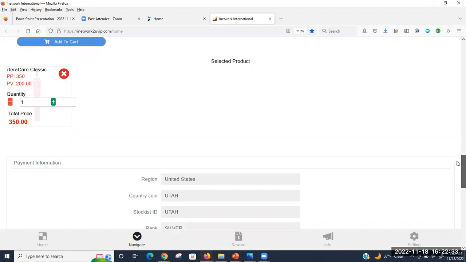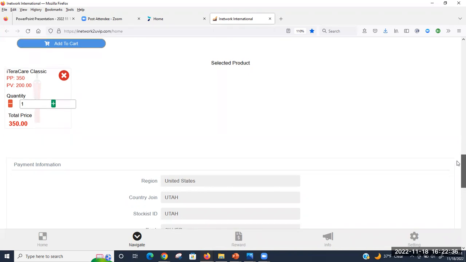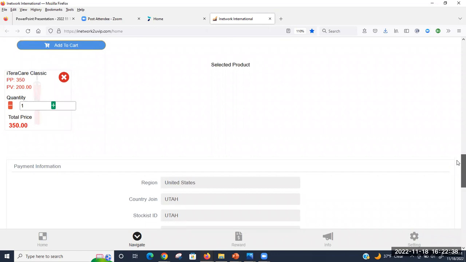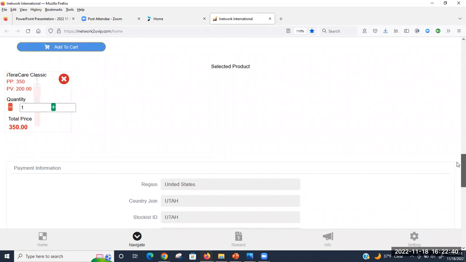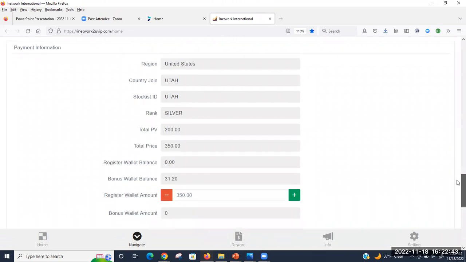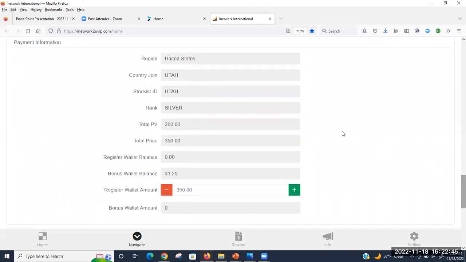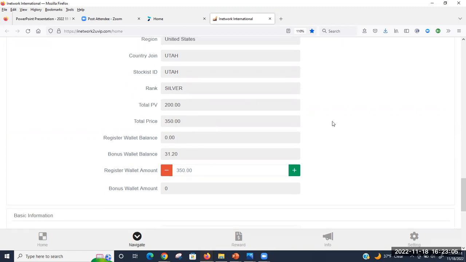Now, let's say you've already got your money in the register wallet because you either topped up or you transferred some money from your bonus wallet to register wallet. The first section is the payment information. And so, I'm using a test site here, you would see that the price is $350. And if you had $350 in your register wallet, that's what you would use. And then you would scroll down after checking all that you're at a silver and you're buying the total price